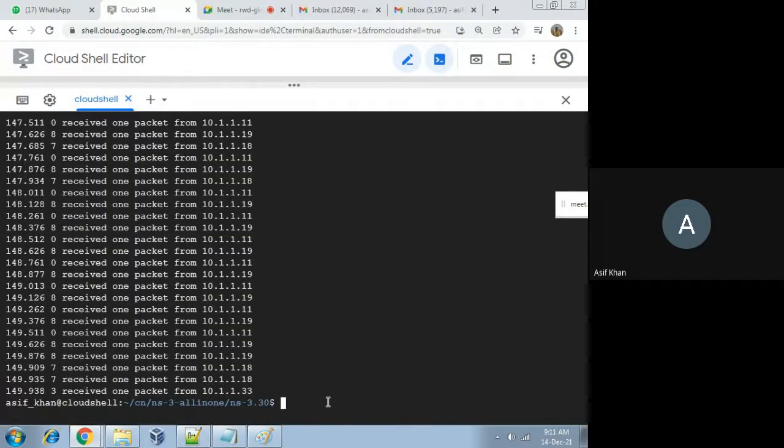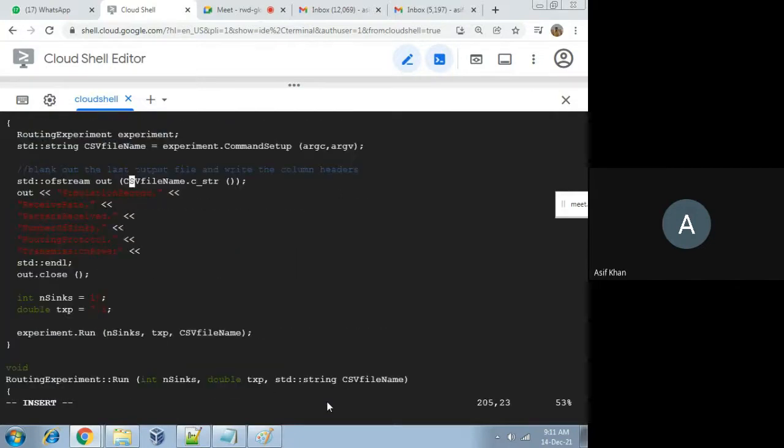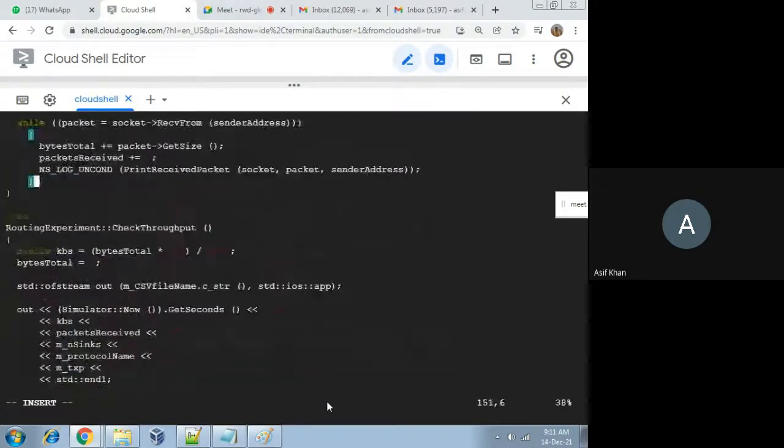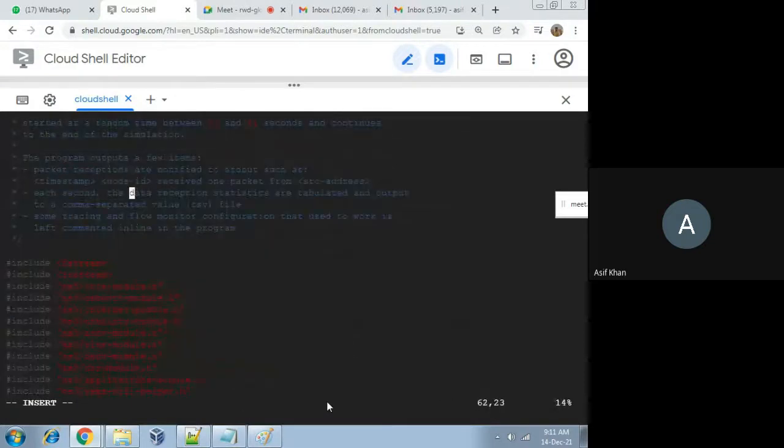Okay. Let's open that code first. Then scratch, non-net routing compare.cc. Okay, here.